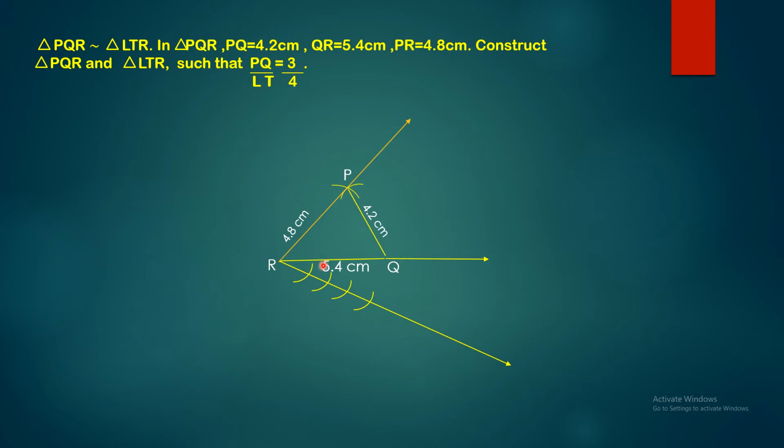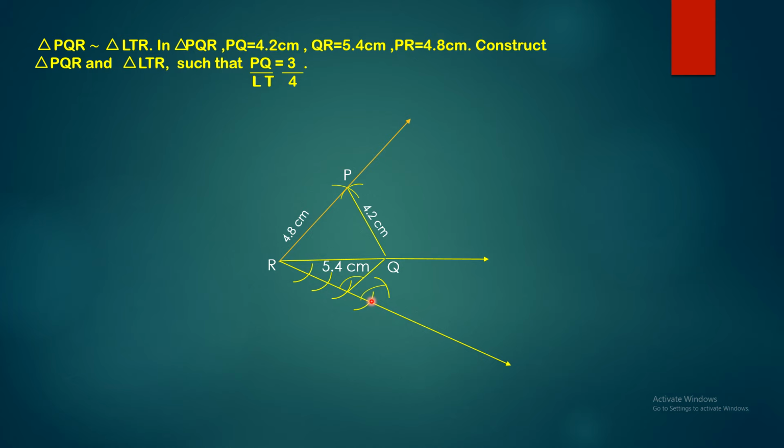So we have to make 3 equal parts of segment RQ. So join the third part to the point Q directly. Okay, this will make 3 equal parts of RQ. Now we have to draw a parallel line from this fourth part. So we have to make a congruent angle. Okay, so from the point of the third arc, with a suitable distance, make one arc. With the same distance from this arc, make one arc. Now take the width of this arc with the help of compass. So from this intersection point, draw an intersecting arc.